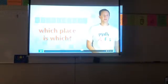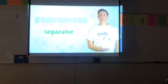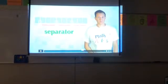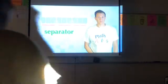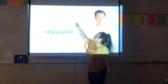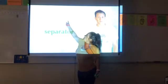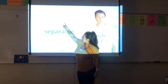Now, you know how you all get confused on where to put commas in your numbers? This is going to help you. So pay attention, okay? Many countries use some kind of separator every 3 places to make numbers easier to keep track of. So every how many places? 3. Every 3 places you put a comma. So here's the ones place, the tens place, the hundreds place, comma. Here's the thousands, the 10,000s, the